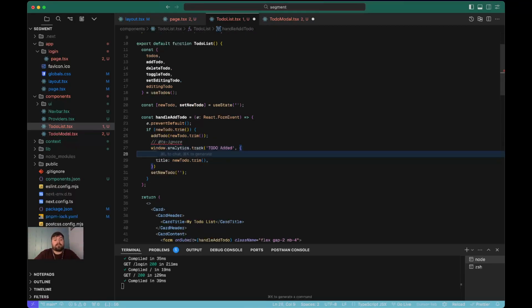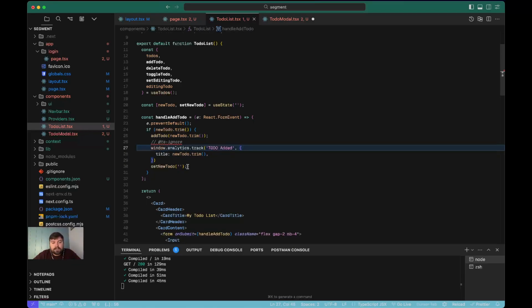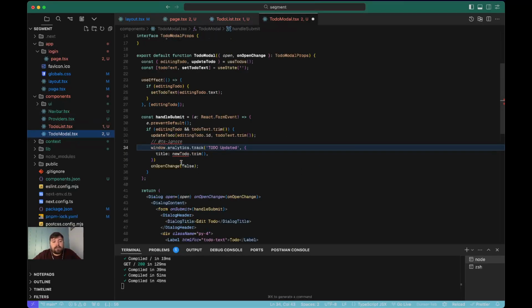Ideally, you want to send maybe like an ID, if you're planning on doing analysis on things that happen in your to-do, if it's much more complex, right? So you can do something like an ID one. Or in our case, we'll just stick to this. And then same thing here. So to-do updated,